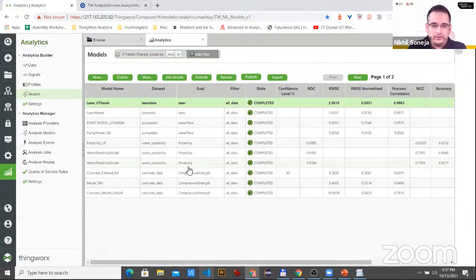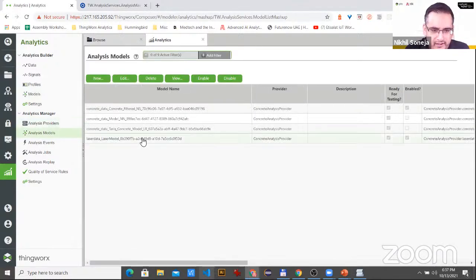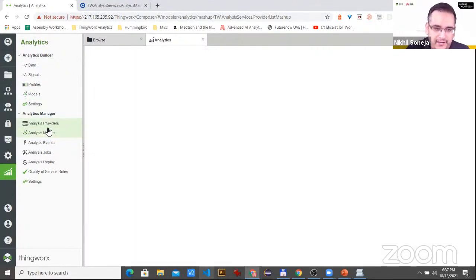So we've created everything on here, and we've seen the model is ready. We've published it. One thing you'll notice also, first, let's check if our model is there. Yeah, it's there. Ignore that. Last time I had called it concrete analysis provider. Provider is just something that you can use the same provider. It just maps over. If you look at provider here.